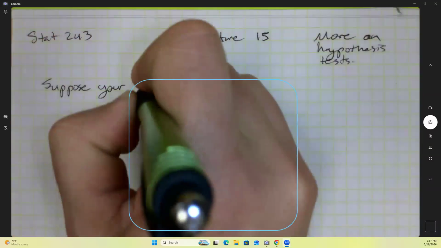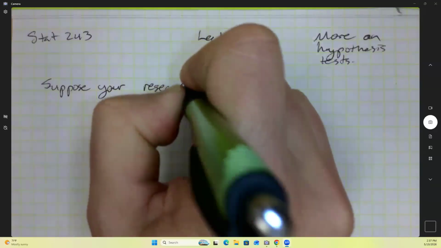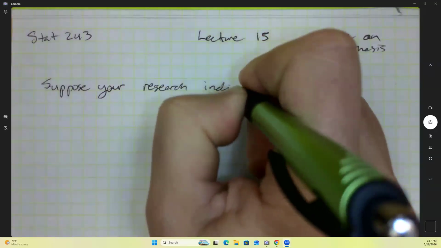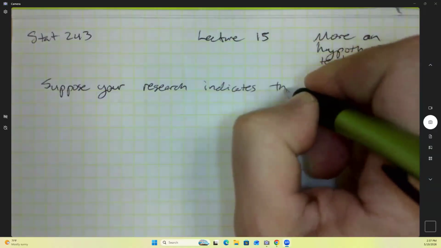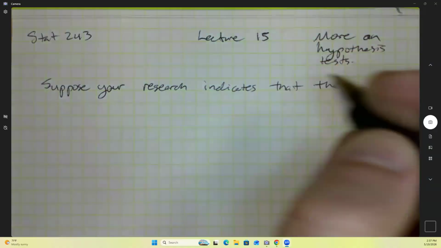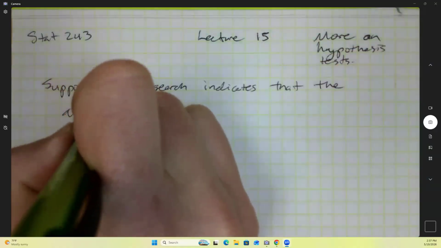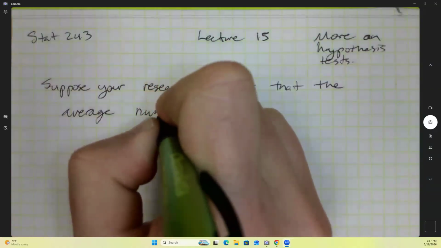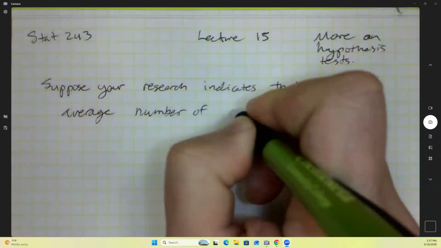Suppose your research indicates that the average number of spines on